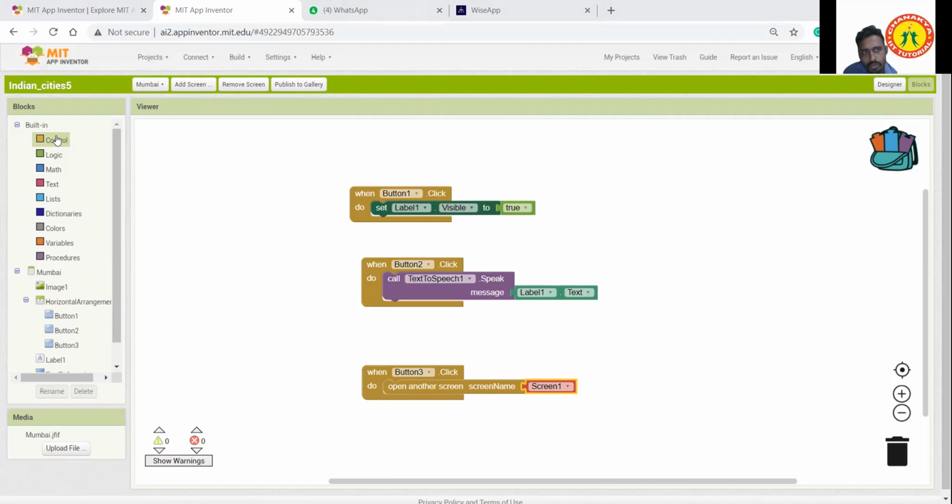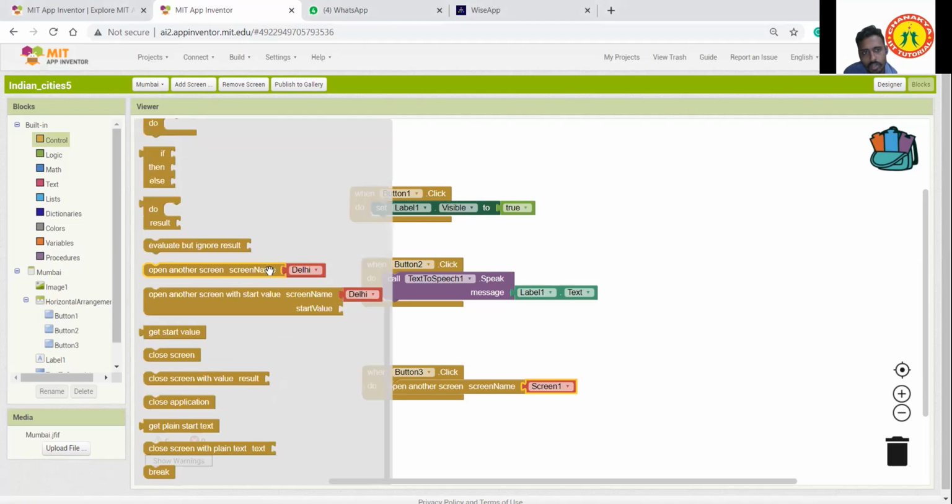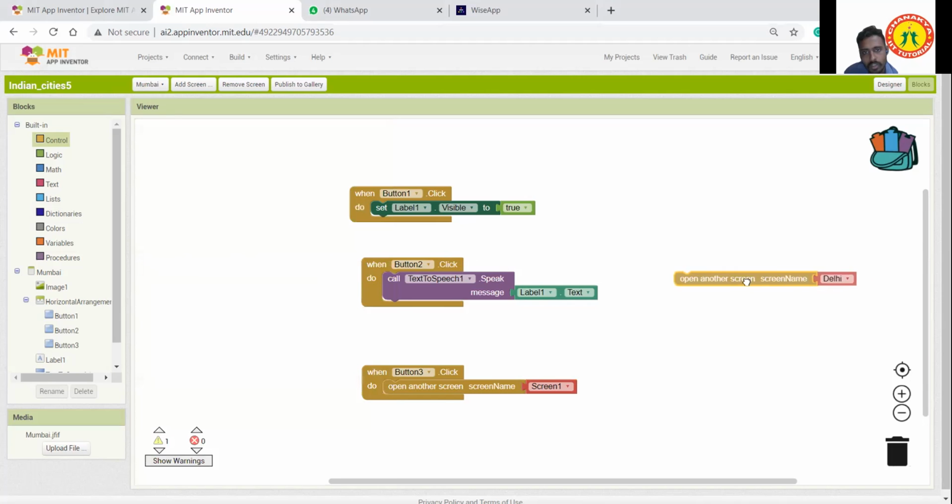Yeah, go to control, just scroll down. Can you see here? Yes, sir. Then here just change it to screen 1, like this. Done, we completed the program.